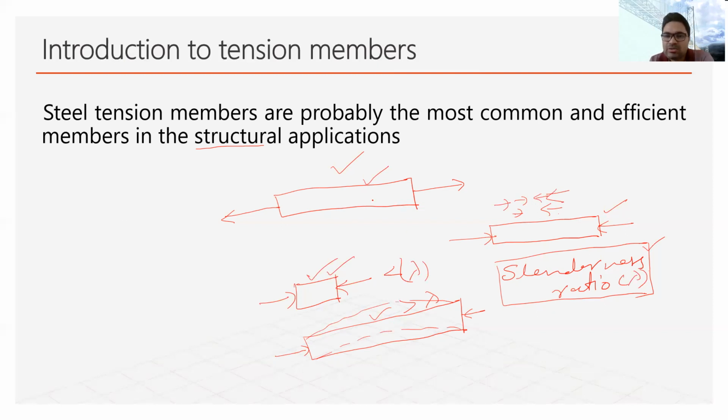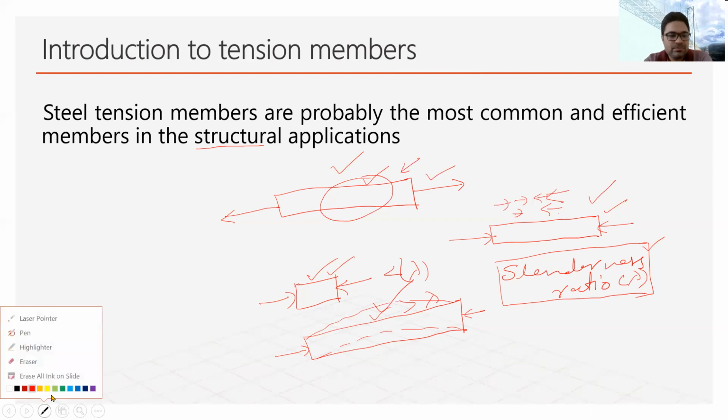But that is not the case of tension member. In the tension member, we can stretch it up to its yielding limit, even up to the rupture, up to the ultimate strength we can stretch it, and that is why the characteristic strength or the yield strength of the steel is not reduced. But in case of compression member, we use some reduction factor because of this buckling phenomenon, because this buckling exists because of the slenderness ratio. So that is why we say that tension members are the most efficient and optimal. I mean, we can use them optimally.